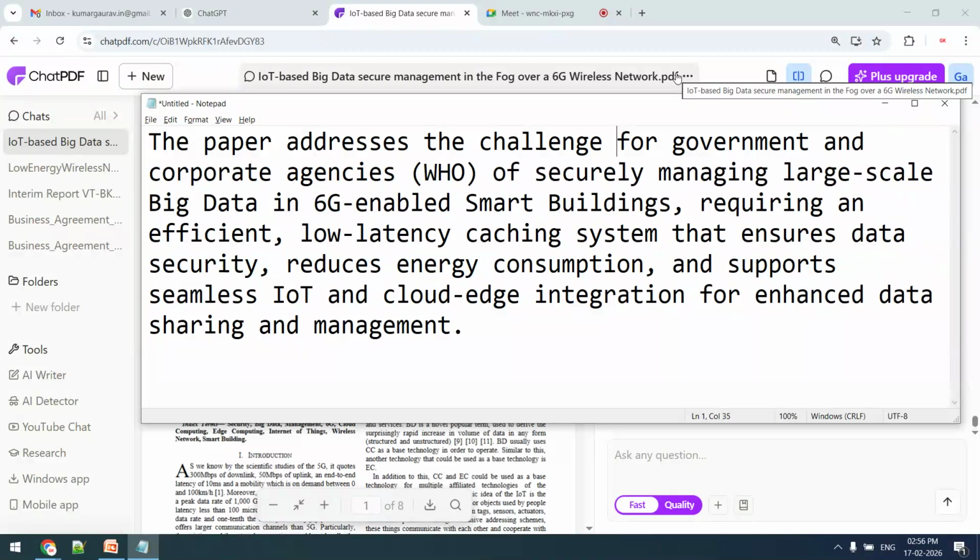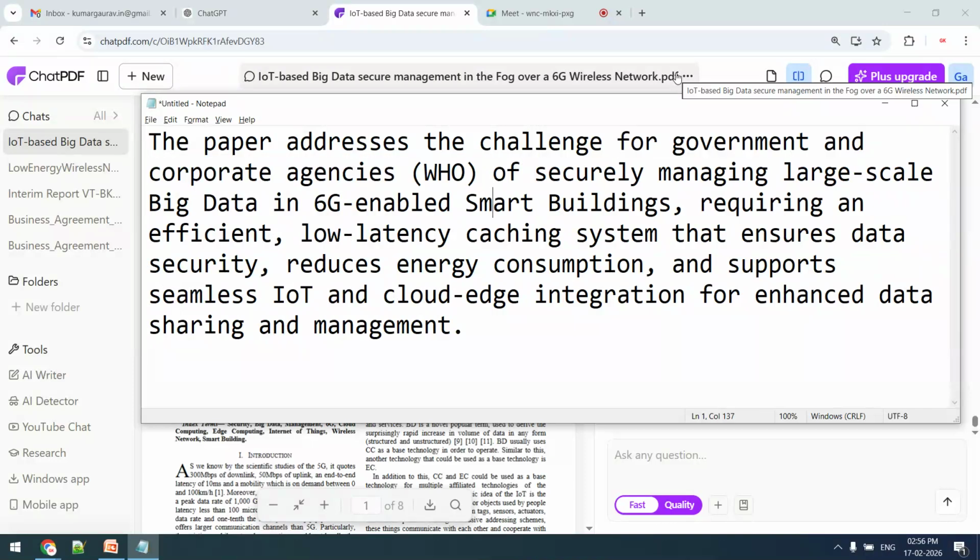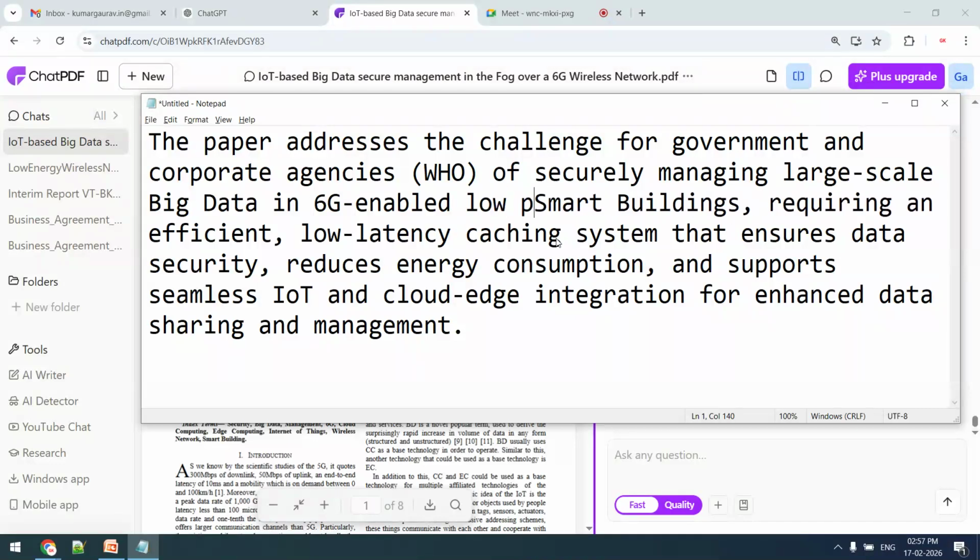So for which this is the problem? I have added this particular part for this. Now who is clear? Securely managing large scale big data in 6G enabled smart buildings, requiring efficient low... So you can see how much generic content it has given. We have to make it submission ready, for which data in 6G enabled low powered device